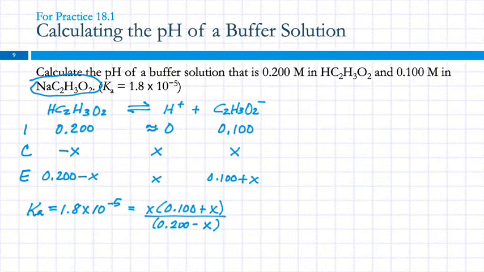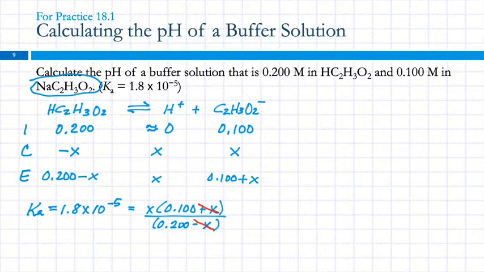We could use our solver, or we could try X is small. I'm going to try X is small. So if X is small, then adding this X and subtracting this X makes no difference. And so then the math is actually fairly straightforward. 1.8 times 10 to the minus 5th